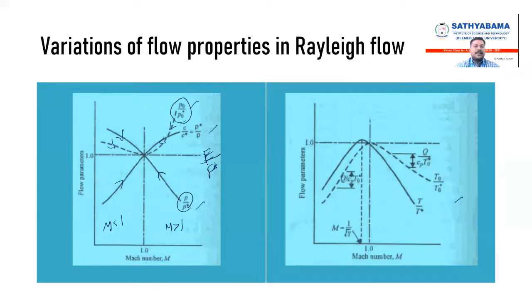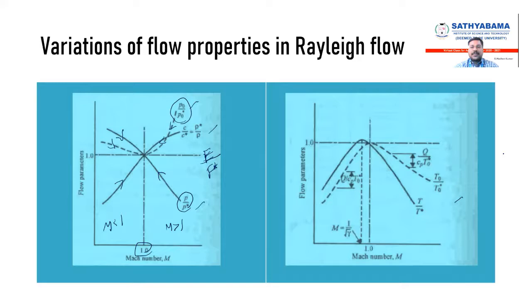And then we are comparing this equation with a critical flow. Critical flow means Mach number M is equal to 1, so we are using the relations C by C star, rho star by rho, P naught by P naught star, P by P star, and F by F star.